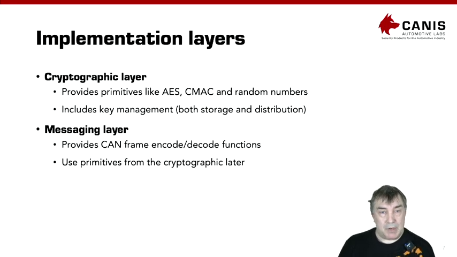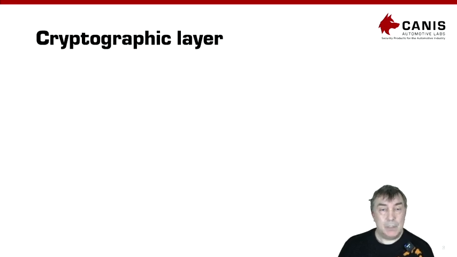And then on top of the cryptographic layer is the CryptoCAN messaging layer, and that does the encode and decode functions, and it uses the primitives from the cryptographic layer to do the encoding and decoding. So if we quickly turn to the cryptographic layer,